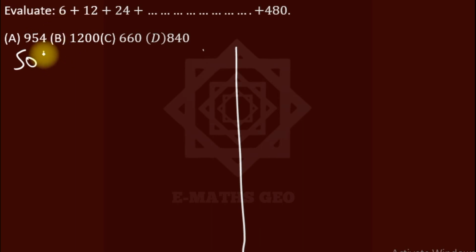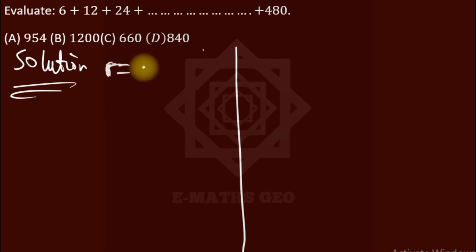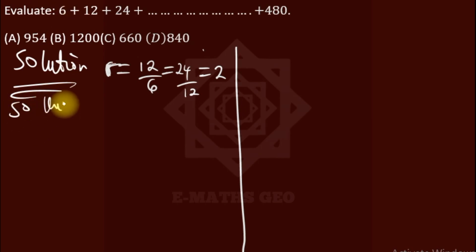Because from the values of the numbers, you see that the common ratio of this, because it is a GP, the common ratio is 12 over 6 or maybe 24 over 12, which is 2. So this is a geometric progression or exponential sequence